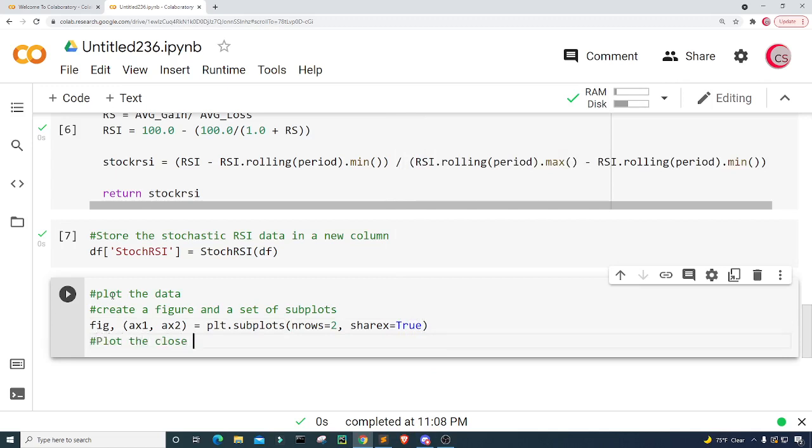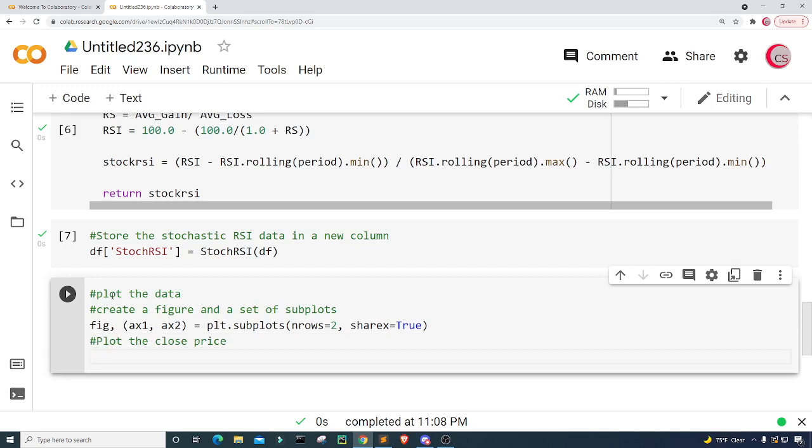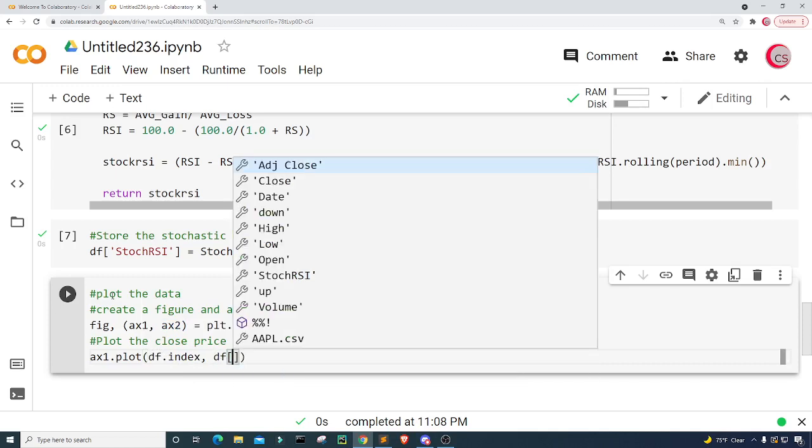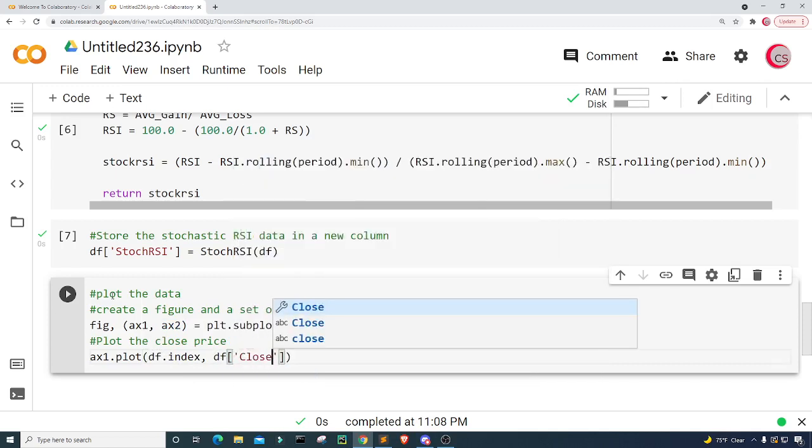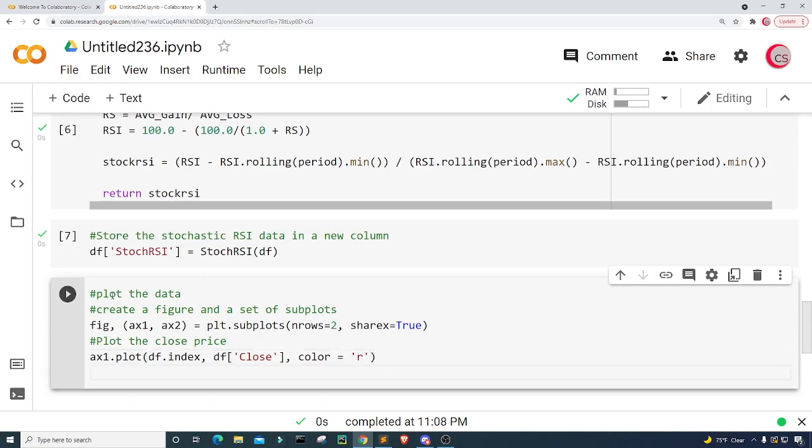plot the close price. So I'm just going to type ax1.plot, and then I'm going to use the index for the x-axis, and I'm going to use the close price for the y-axis, and then I'm going to give this a color. So I'm going to set the color equal to red for now, and then I'm going to